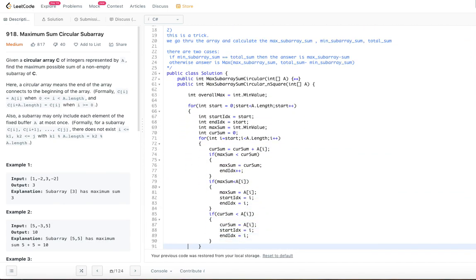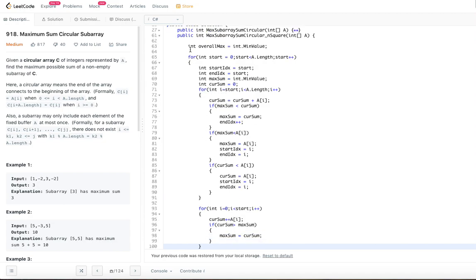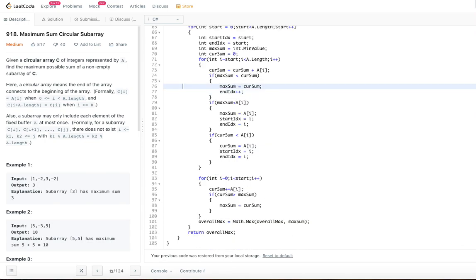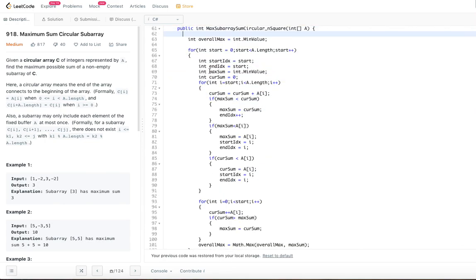What we are saying is, we declared an int overall max and put that as int min value, and then we start with the 0th index. Remember, I am starting from 0 and going until next less than 0. So in your example in this visualization, you go 0 to 1 to 2, then 1 to 0, then 2 0 1, like that. Basically they are circular, and I am doing this just to imitate the circularity.